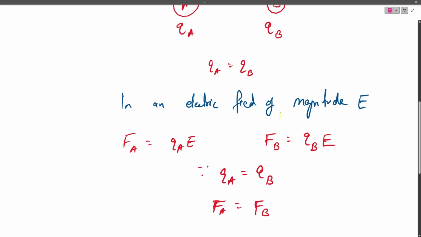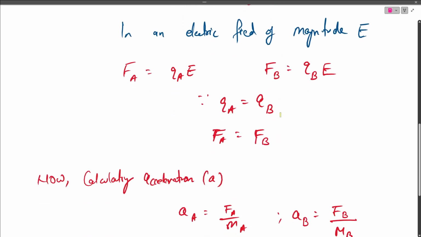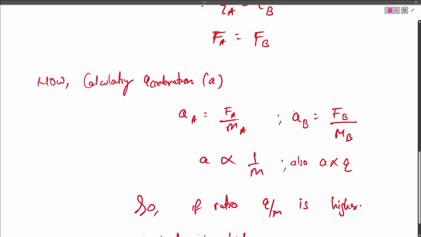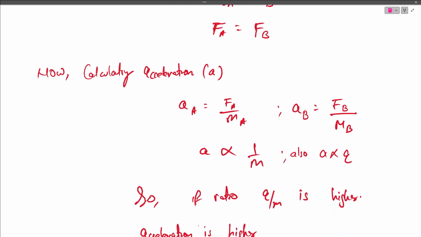Now in an electric field of magnitude E, force on particle A would be QA times E and the force on particle B would be QB times E. Since QA equals QB, we will see that force on A is equal to force on B. Now we will see the dependence of acceleration. So acceleration is defined as force divided by mass, and we see that acceleration is inversely proportional to the mass,